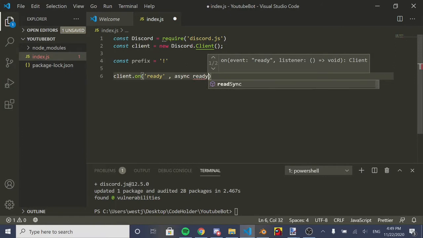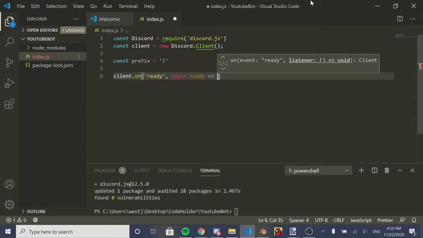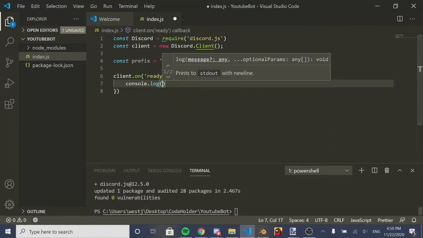Because if you're going to use await, which you'll learn later in this series, then it will work with the asyncs. And then you put it like this, and as you see here, we got a little space to work with. I'm going to put console.log, which is your terminal down here, and what you want it to say when the bot goes online. Let's just say something simple like